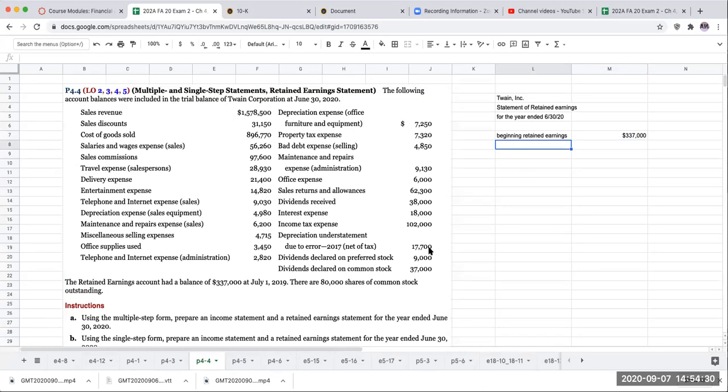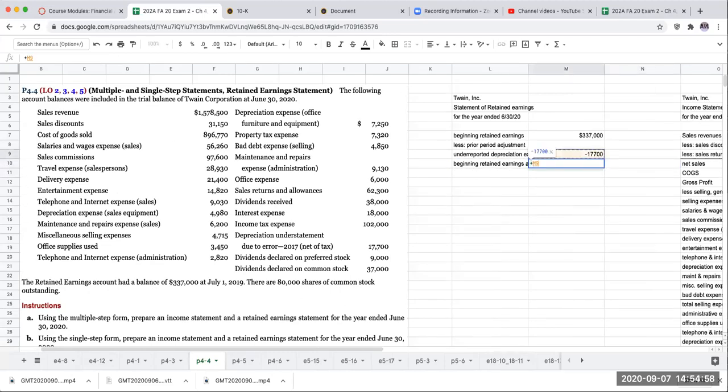So I need to subtract that from my beginning retained earnings. So it's going to be my beginning retained earnings as adjusted of 319,300